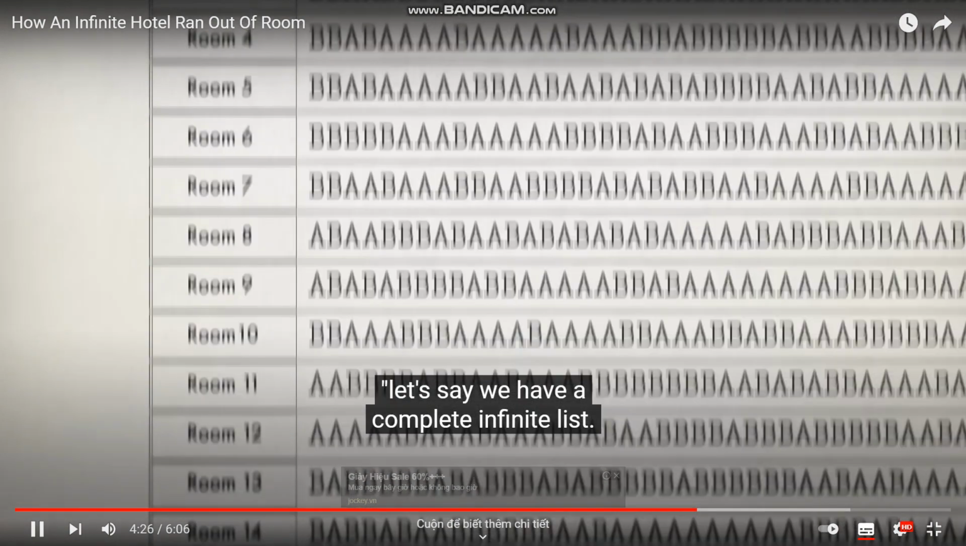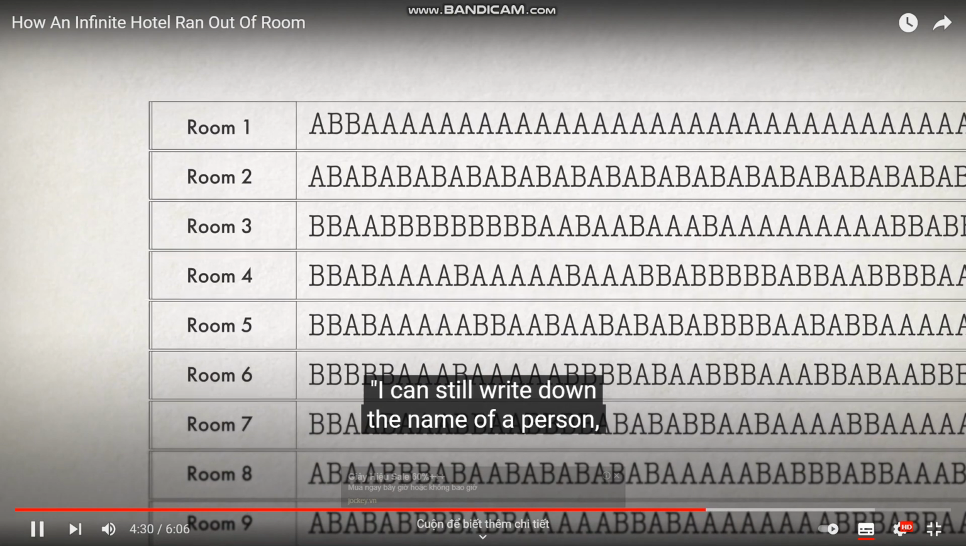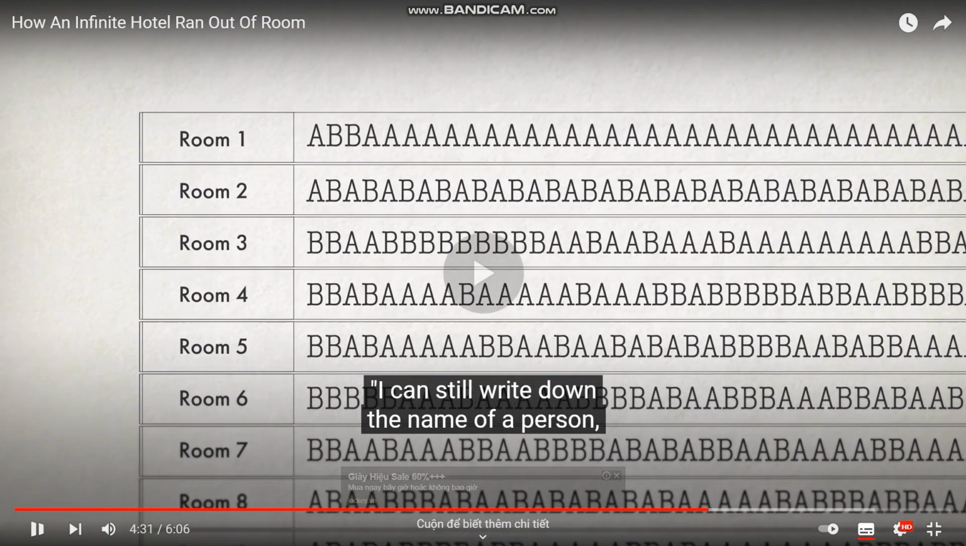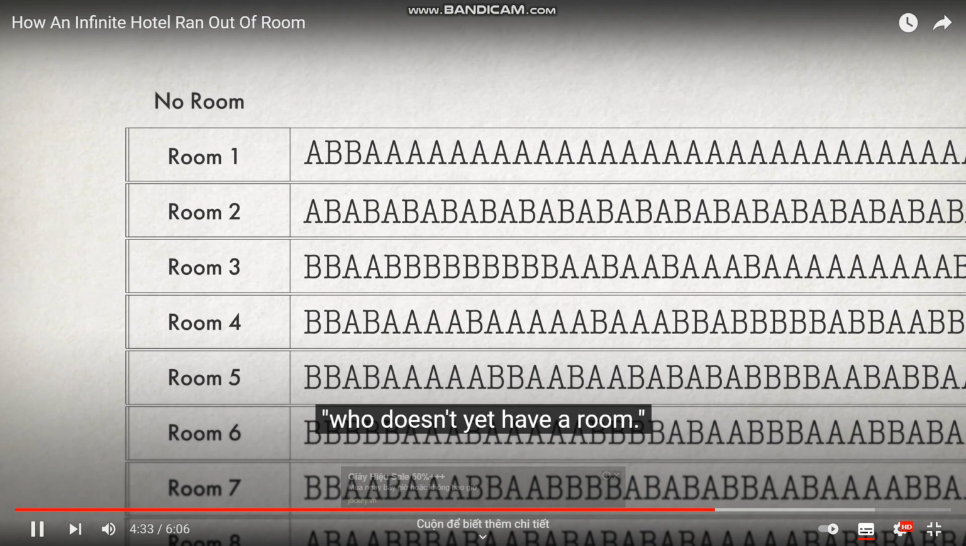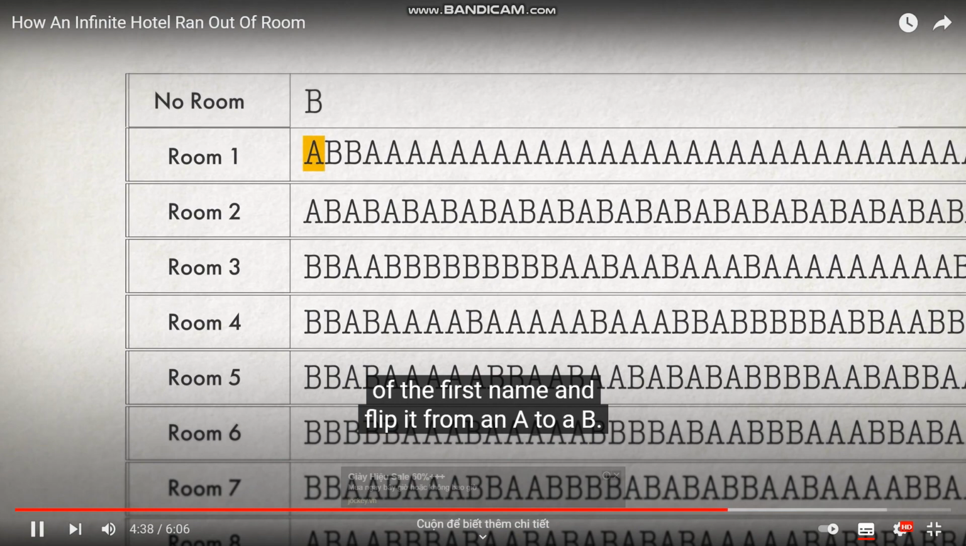Let's say we have a complete infinite list. I can still write down the name of a person who doesn't yet have a room. The way you do it is you take the first letter of the first name and flip it from an A to a B. Then take the